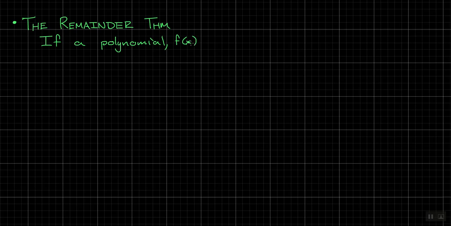If we have a polynomial function like f of x, and I don't think I need a comma there. Grammar people, I don't think I need it, do I? If a polynomial f of x, I think that works. Weird. Okay, anyway,